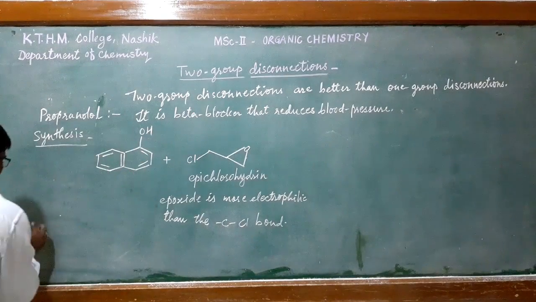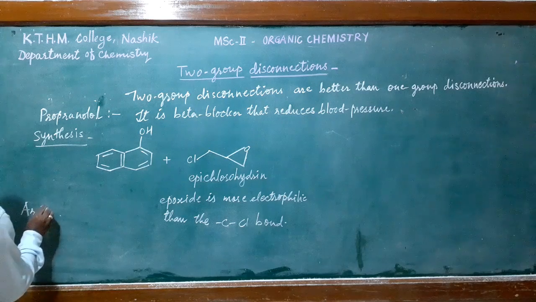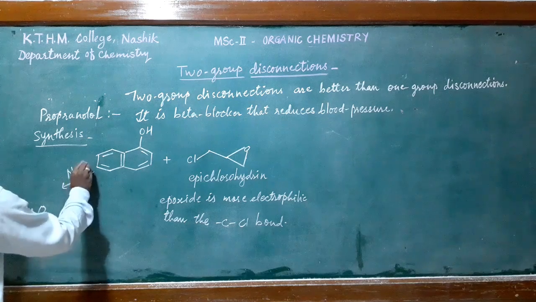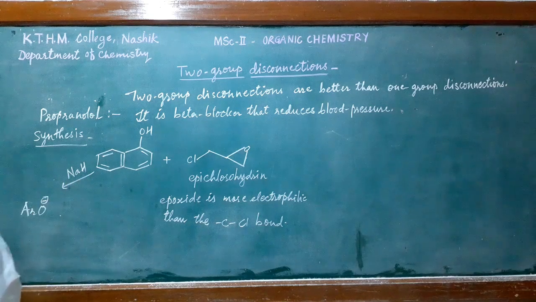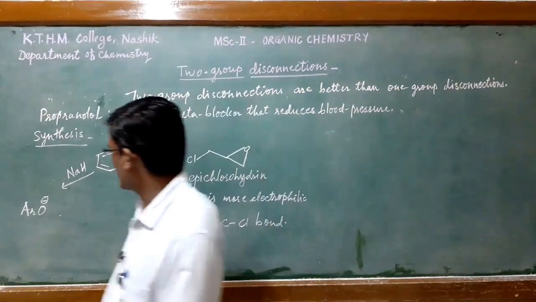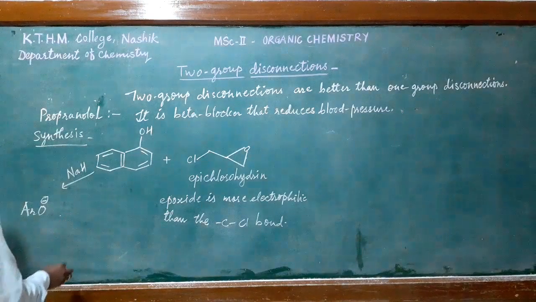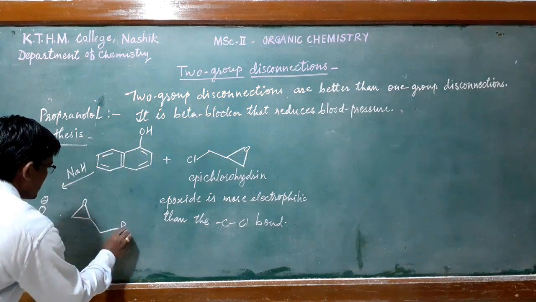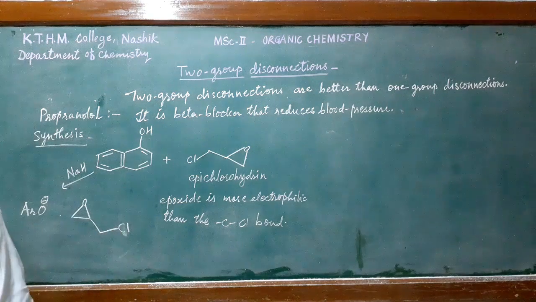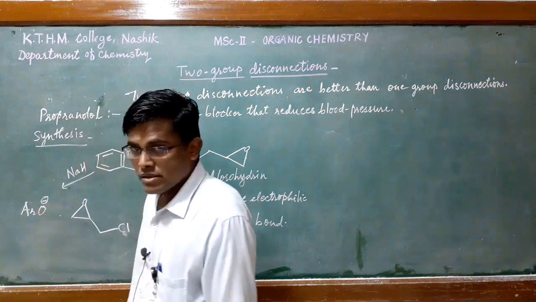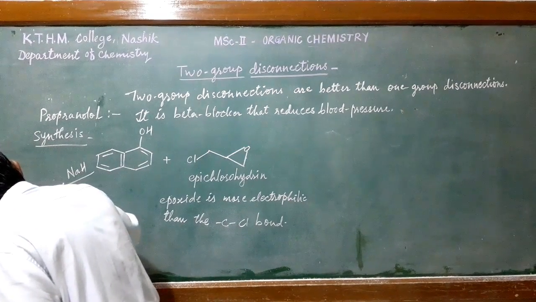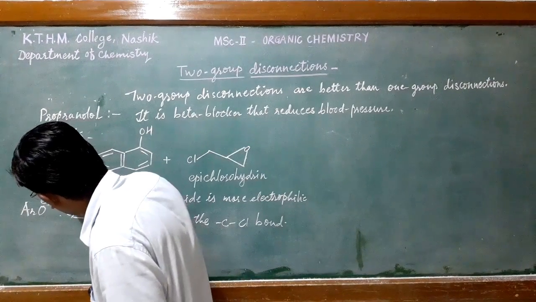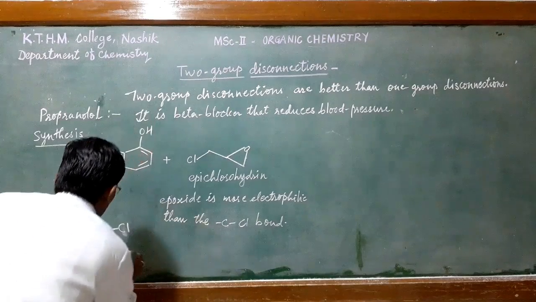So, let us consider this is ArO after abstracting this proton, okay, by NaH. So, we could get this aryloxy anion. Okay. Then this aryloxy ion will attack at this less hindered carbon. Okay. Then this bond will get open, and you will get this